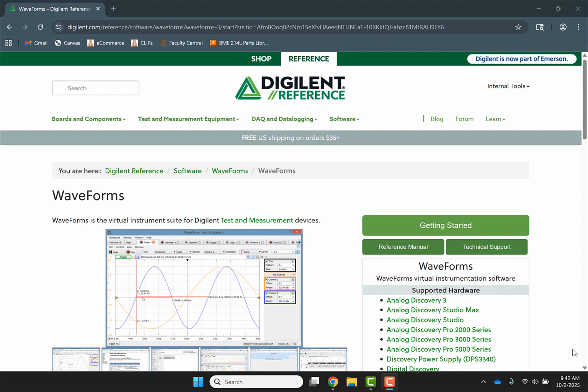Hi everybody, this is Dr. Dan, and we are going to be using this Digilent Analog Discovery 3 device as our signal acquisition system in